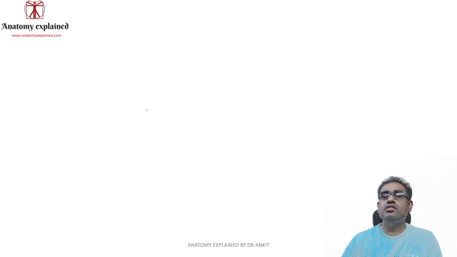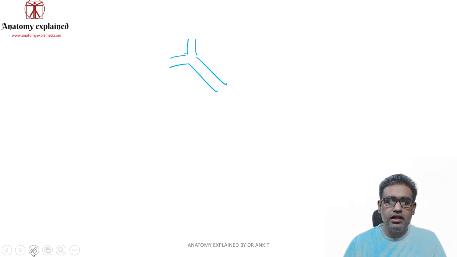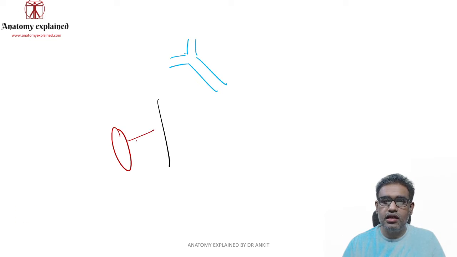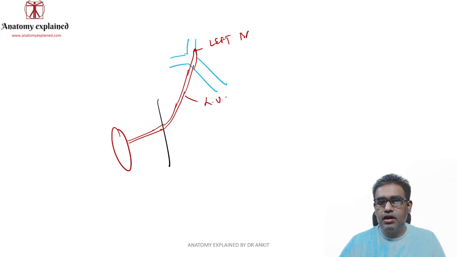The other example is the anterior abdominal wall. So you have to again remember that this was our portal vein, which has two branches, the right and left portal vein. And imagine this was the anterior abdominal wall over here, and this is where the placenta was situated. In embryonic life, from this placenta there was a left umbilical vein. That left umbilical vein took blood inside the embryo, carrying only oxygenated blood, and it directly communicated with the left branch of the portal vein. This was our left umbilical vein.